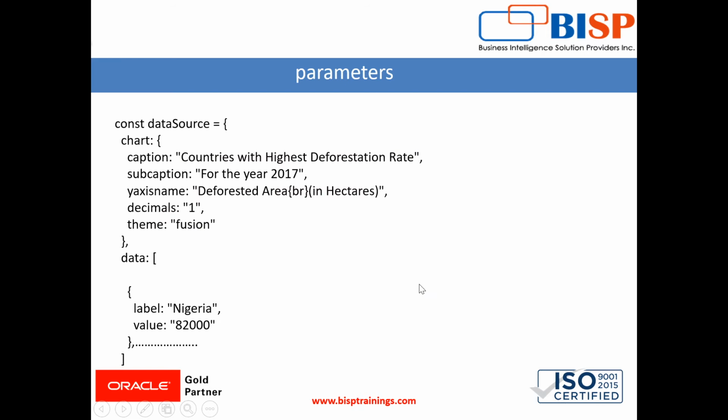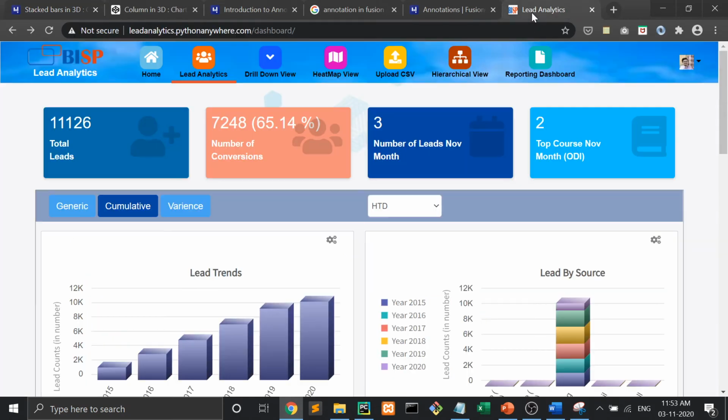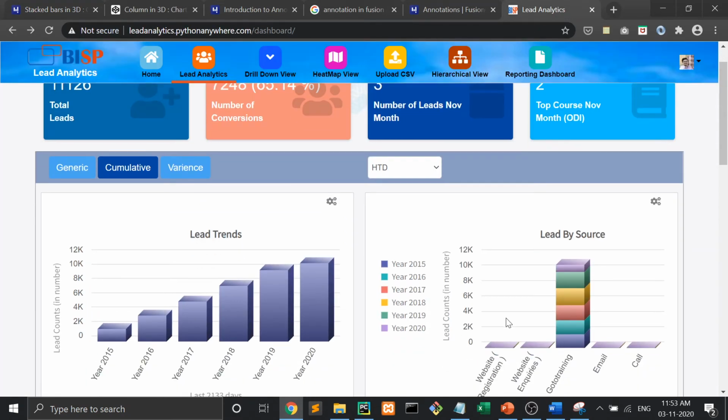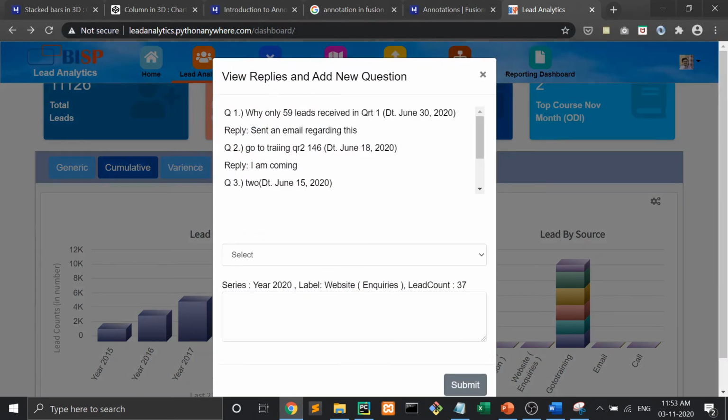And now let me show you the interaction. I was talking about the interaction. Look at this. Now the administrator sees these 37 inquiries in year 2020. Now the administrator wants to ask some questions, so immediately he will click on it. After that, look at this, the data we received after clicking on that particular bar.